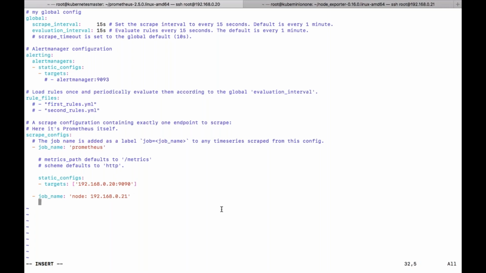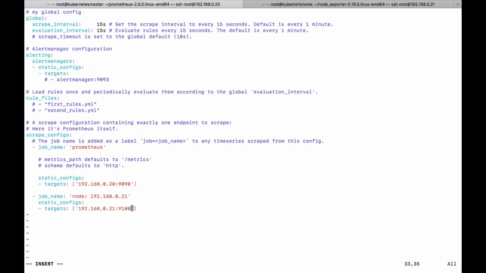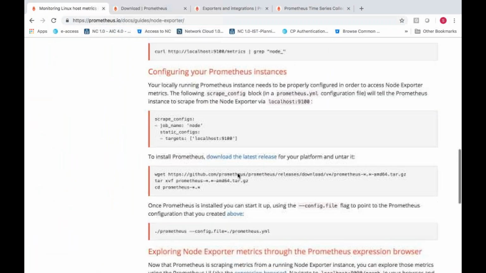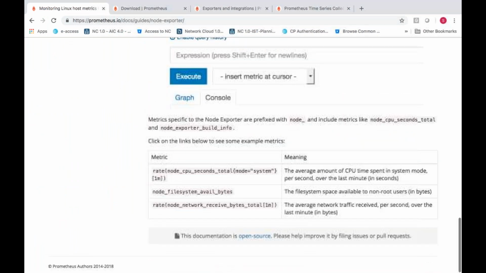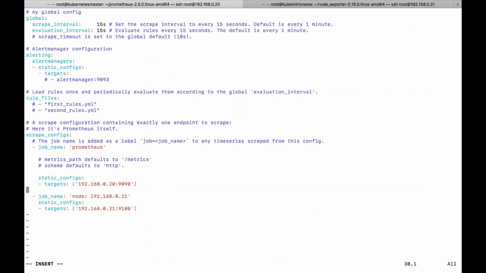I add static_configs, hyphen targets, and here I need to give that particular node, with colon 9100.